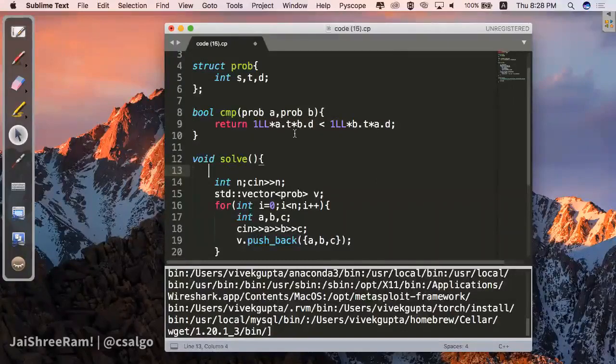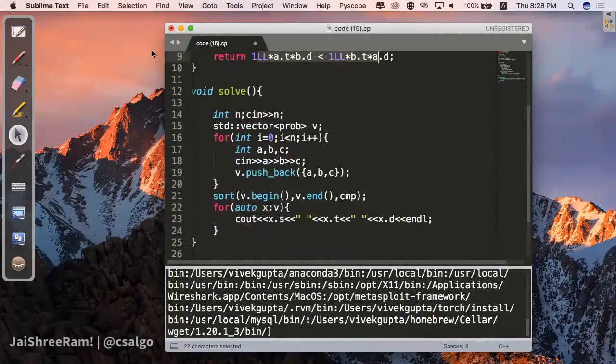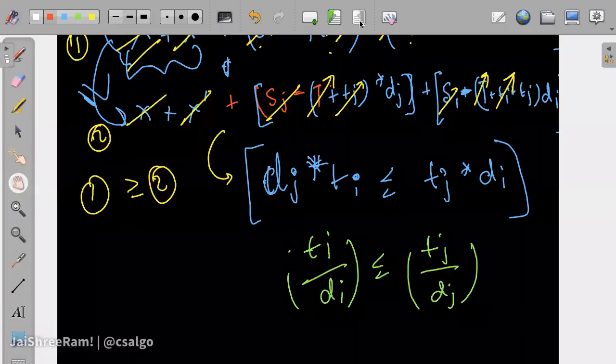yeah, if this returns true, then A will get placed before B. Even I personally think about these things like this: what is the condition that A will lie before B? I need to write that condition over here, and that's it. It will make the array sorted by that condition. So just think about what is the condition for A to lie before B, write that condition over here, return its truth, and that will sort in that particular order. That's how even I think about it.